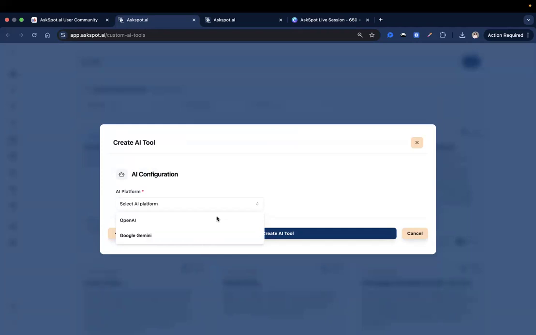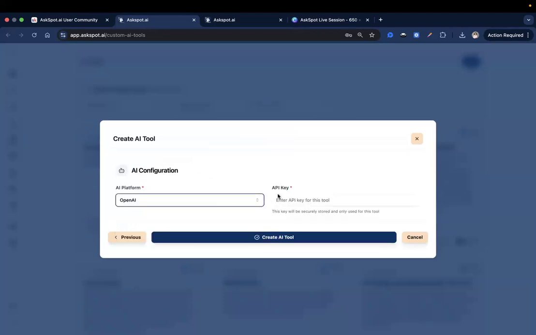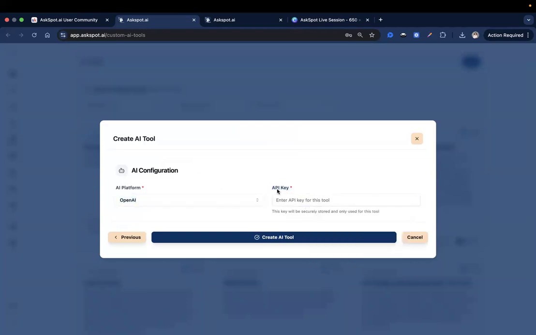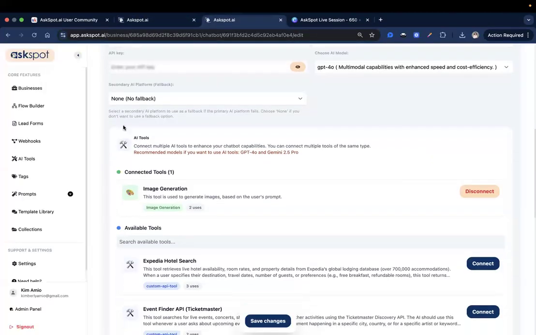So right now, the image generation tool here in AskSpot only supports OpenAI and Google Gemini. So once you click on one of those, just enter your API key. It can be the API key that you are already using for your AskSpot account, or if you want, you can generate a new API key just for image generation purposes, so you can track the charges when you're using the image generation tool itself. So once you enter your API key, just click create AI tool, and you will see that show up under